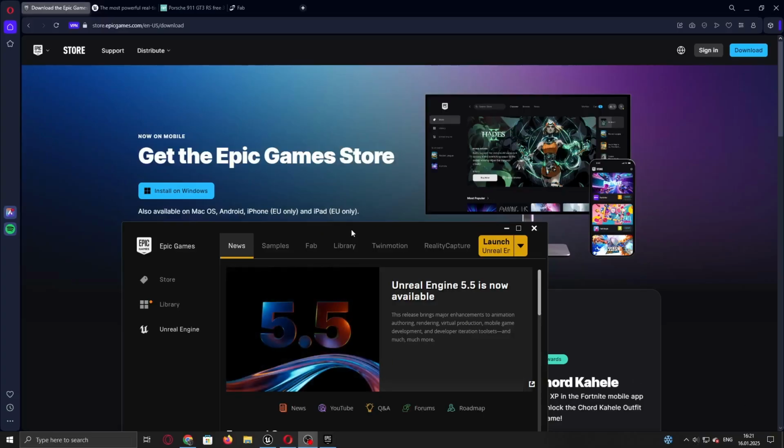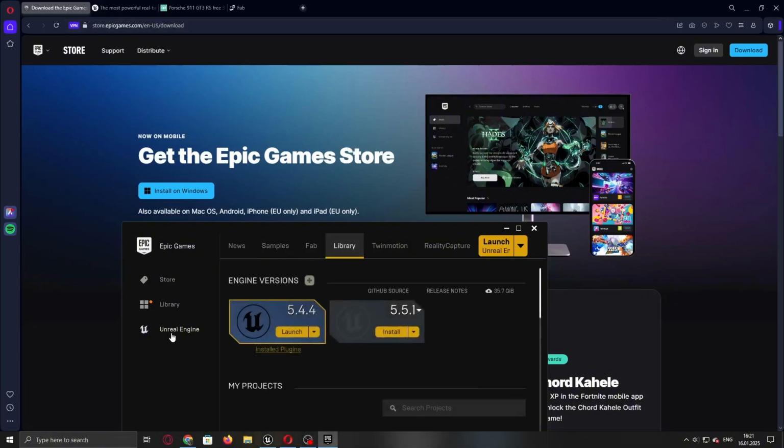To get started with Unreal Engine, we first need to download it. You can do this inside of the Epic Games launcher. You can get it off store.epicgames.com/download. Inside the Epic Games launcher, you want to head to Unreal Engine library,